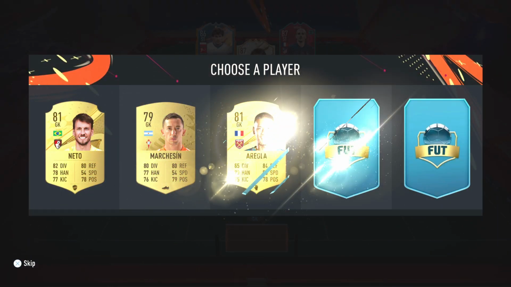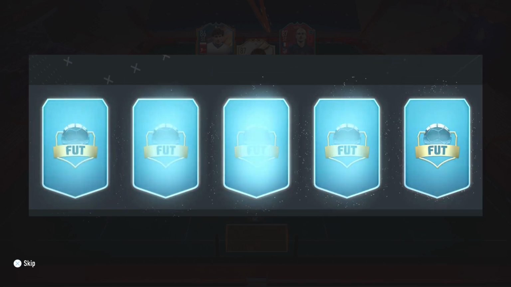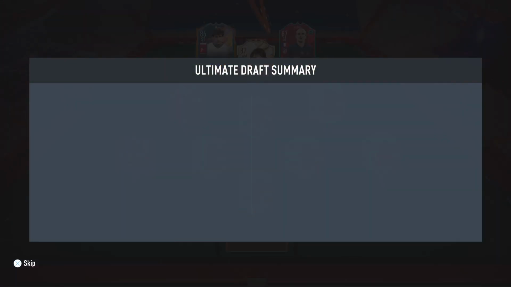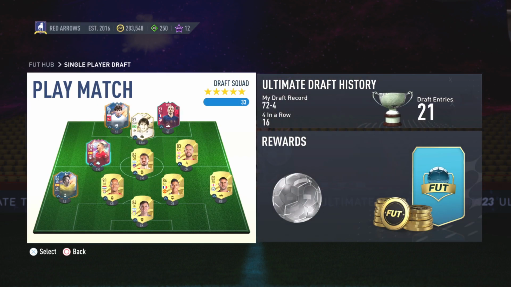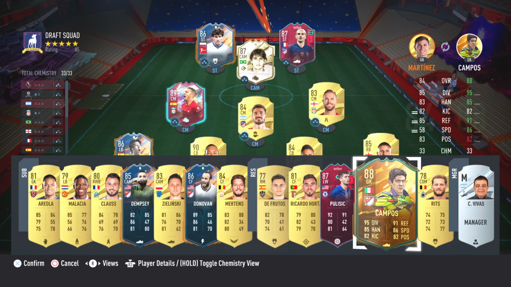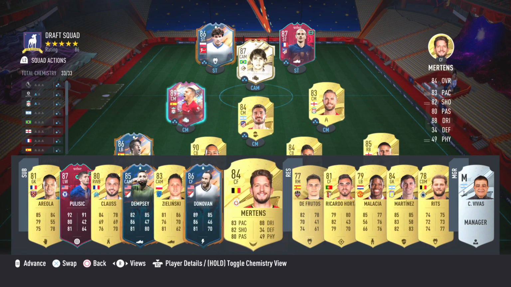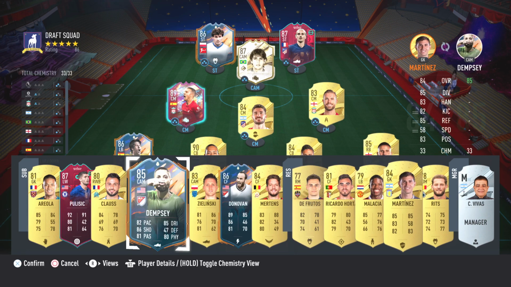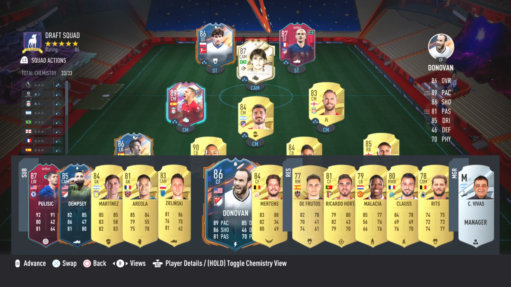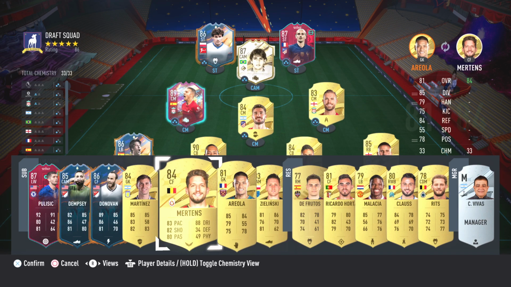Come on, give us something nice, game. Let's see if we get an Argentinian. We do. Perfect. So we'll do that. Yes. Let us back in, please. Edit lineup, and we'll do this. Perfect. And then let's line up our side with the highest possible rating, from left to right, like this. And that is